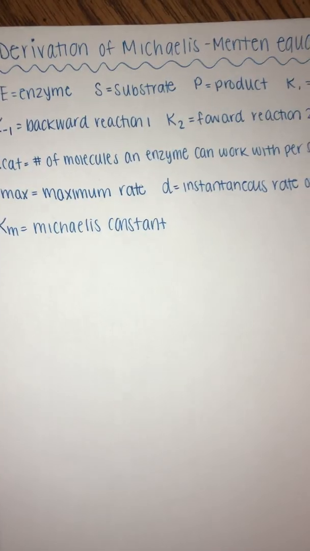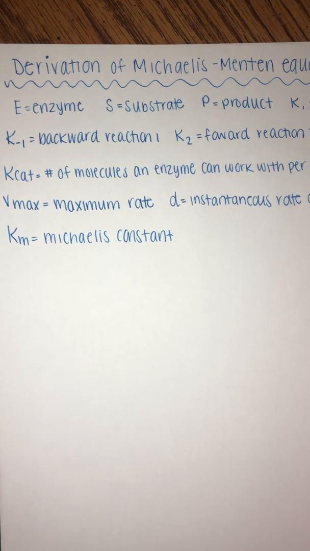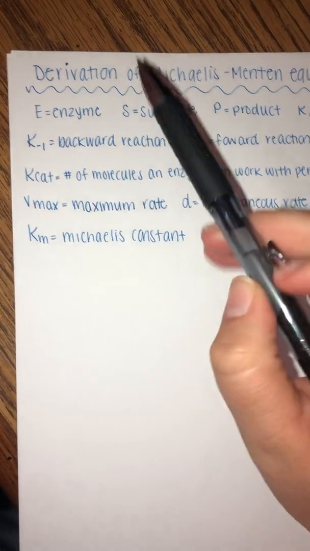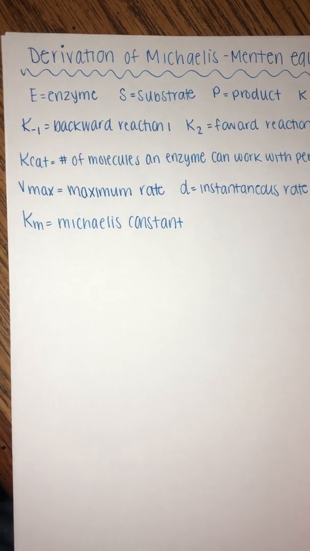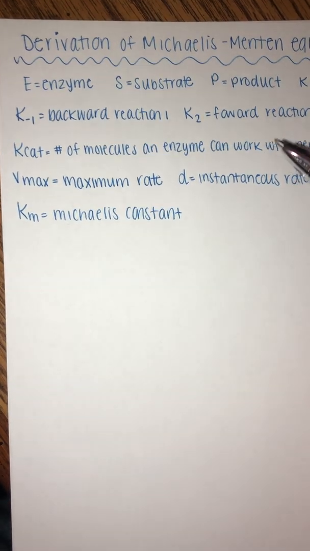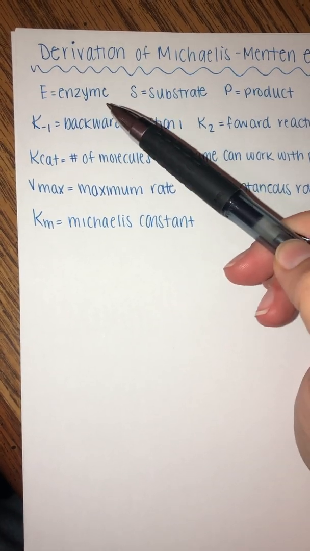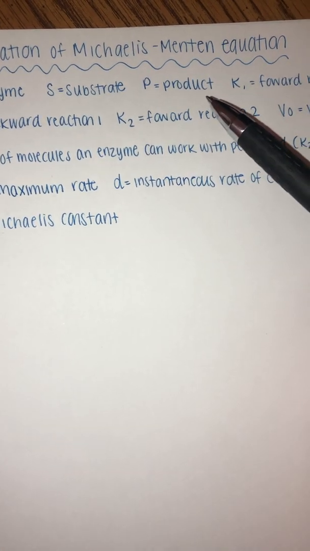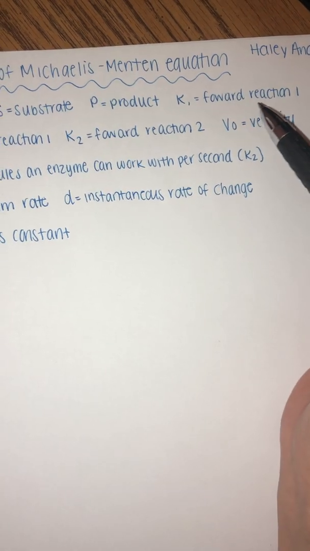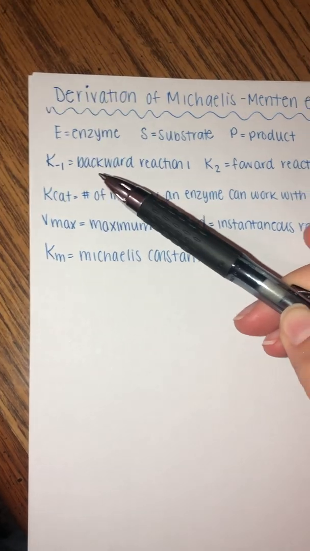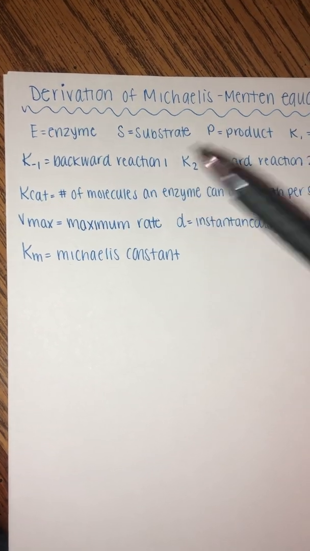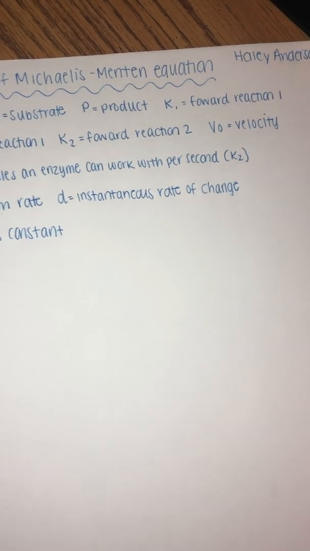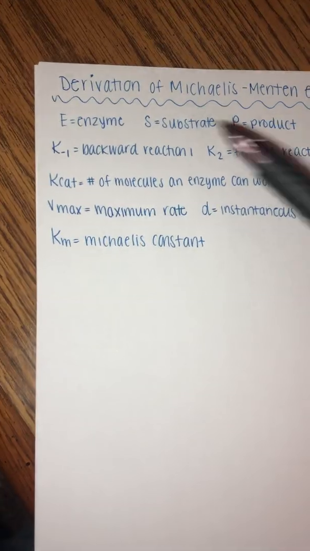Hey everyone, today I'm going to be walking you through deriving the Michaelis-Menten equation. Up top here, before we start, I just wrote out some general terms that we'll need to know throughout this process. E is for enzyme, S is the substrate, P is the product, K1 is the forward reaction of part 1, K-1 is the backward reaction, K2 is the forward reaction of part 2, V0 equals velocity, Kcat